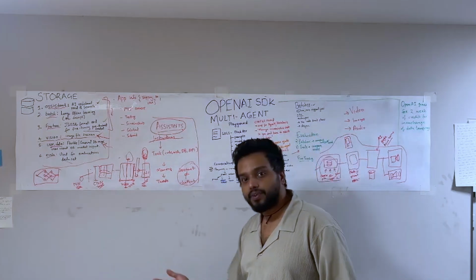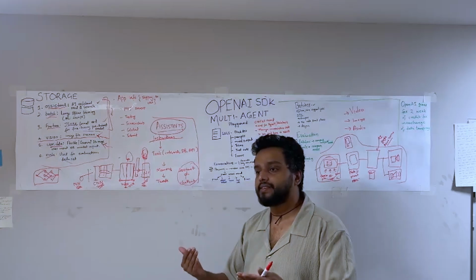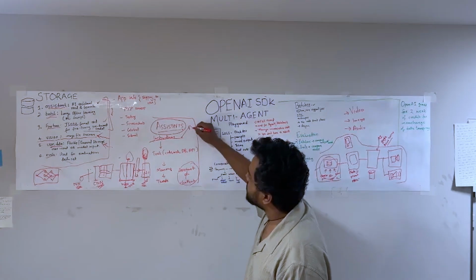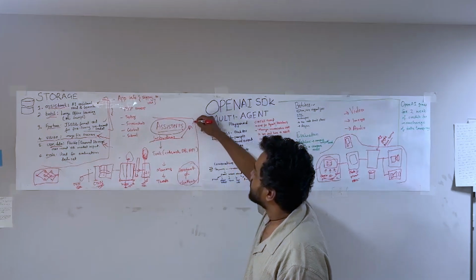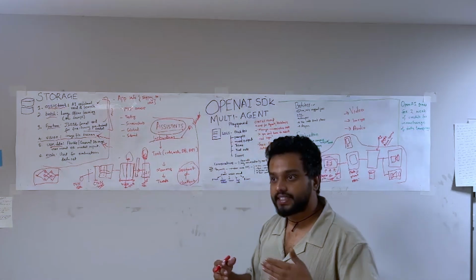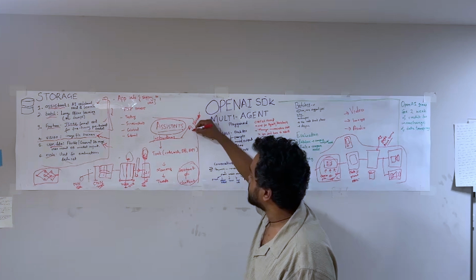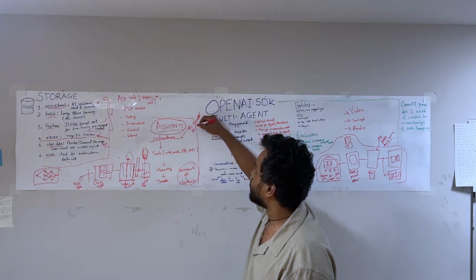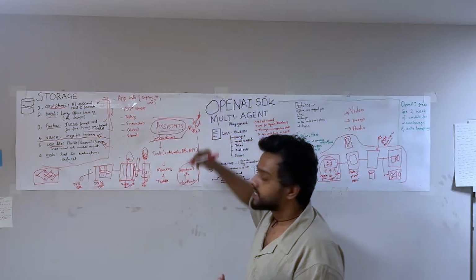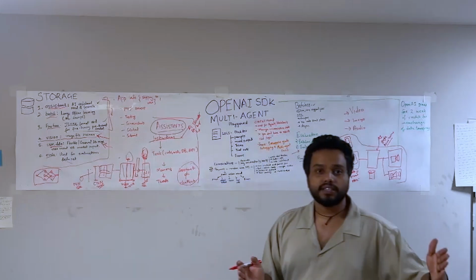Let's say I'm going to create a multi-agent for tax purposes. Agent 1's name is tax collector, and he collects all of the tax documents. He is an image model, and his role is to scan images of my tax return